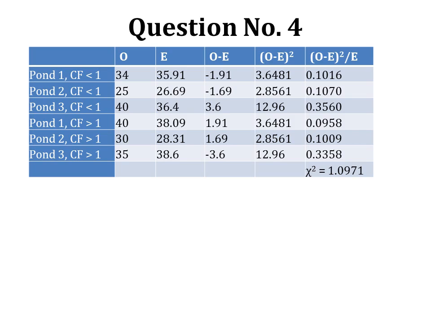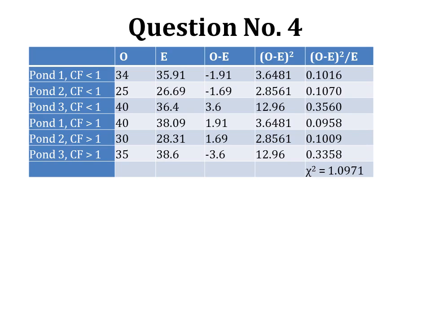Now in the next column, we take the square of these differences between the observed and expected frequencies, and our answers are 3.6481, 2.8561, 12.96, 3.6481, 2.8561, and 12.96 for different classes. In the last column, we divide the square of the difference by the expected frequency of the respective cell. So in the first cell, we have 3.6481 divided by 35.91, which are the values for fish with condition factor less than 1 in pond number 1, and the answer is